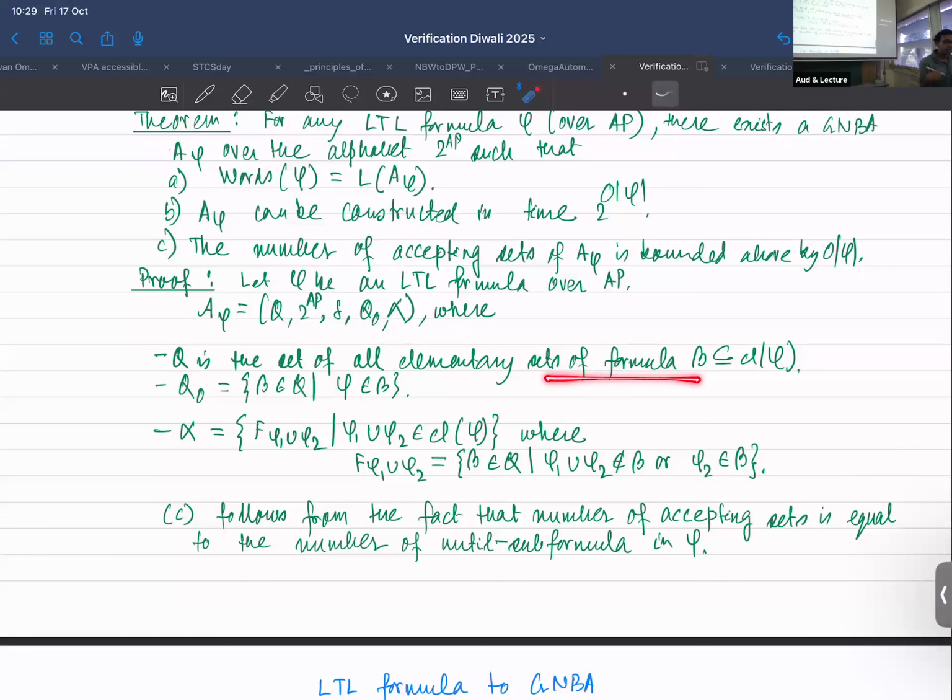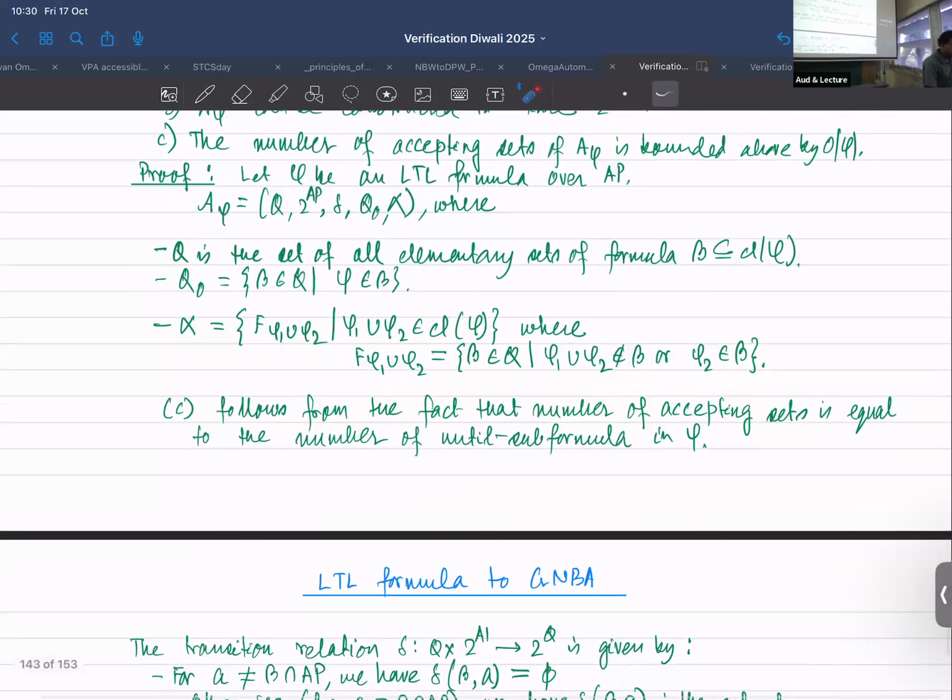So we understand now what is meant by this elementary set of subformulas in the extended closure. And Q0, which is a set of initial states, intuitively it's clear that it's the set of all such elementary sets where the input formula phi belongs to that elementary set. So this is my set Q0. And the alpha,